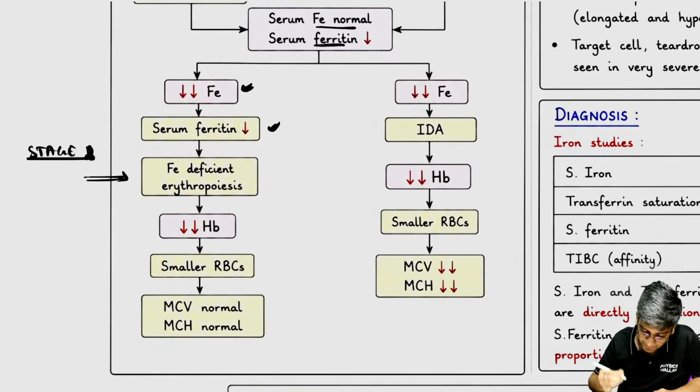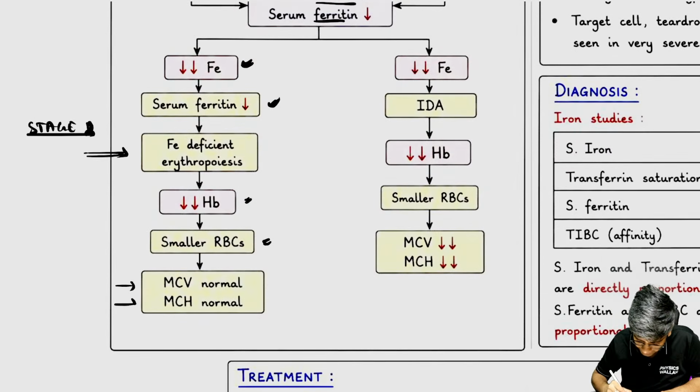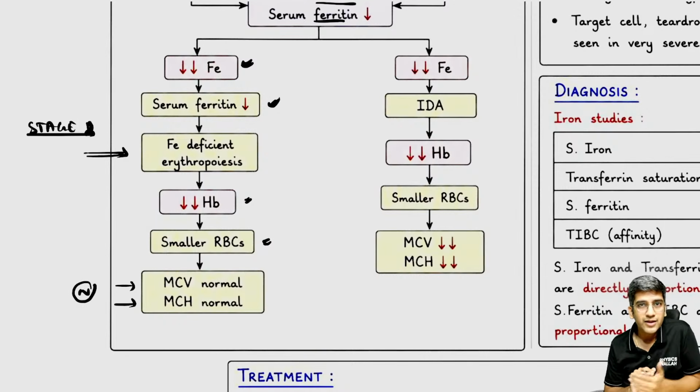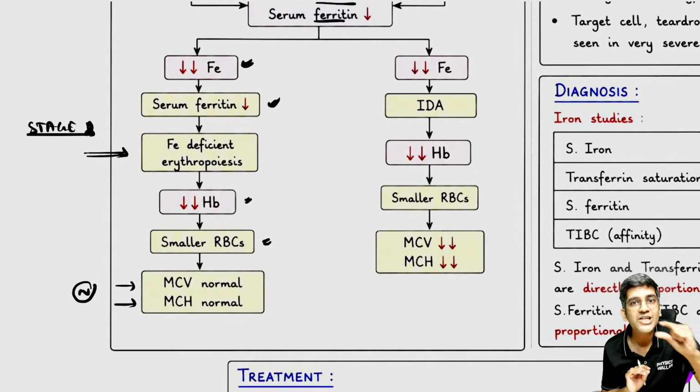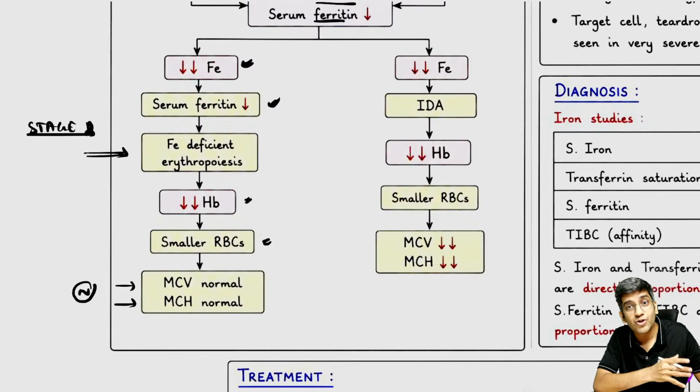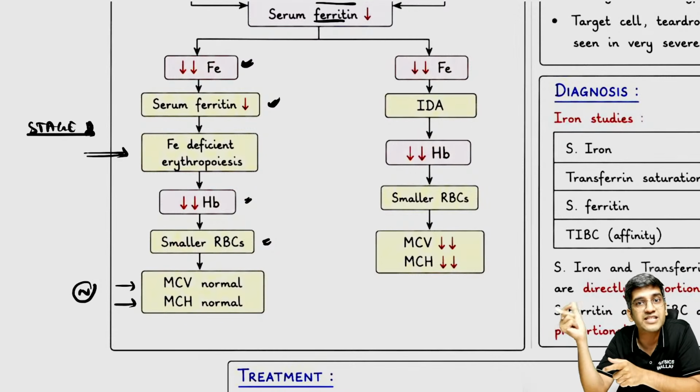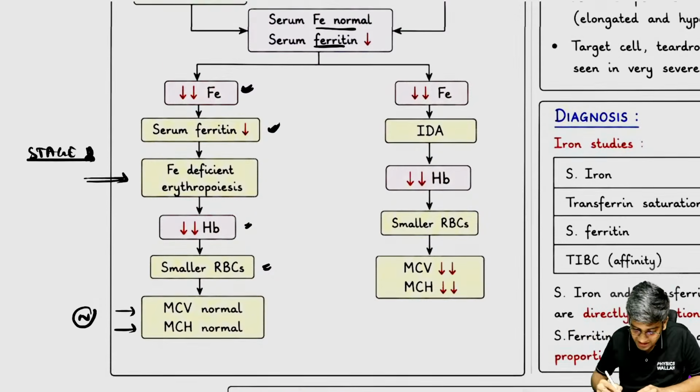So what happens there? I'll have reduced hemoglobin. I'll have smaller RBCs. But the most important thing here, MCH and MCV will be normal. Why? Today I am having deficient erythropoiesis. What does MCV stand for? Mean corpuscular volume. I have 5 million RBC per ml of blood. If today I produce small RBCs, it will not affect the average, right? It won't. At least I need 60 days of smaller RBCs to affect the mean, because RBC lifespan is 120 days, right? So this is the second stage.